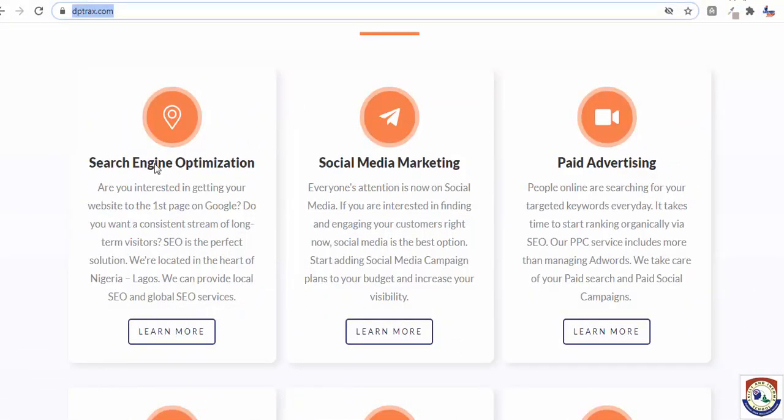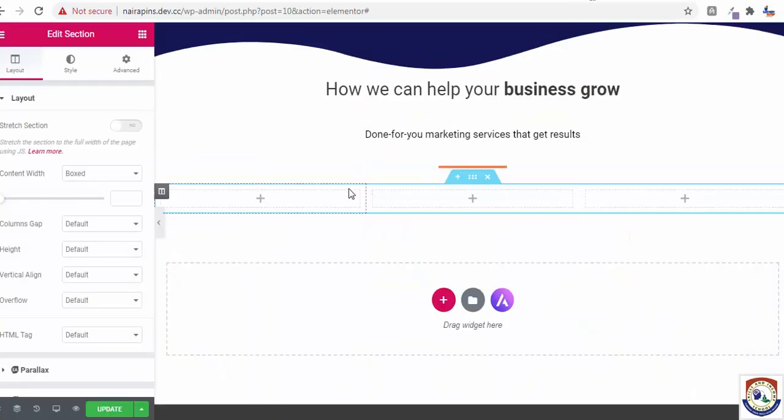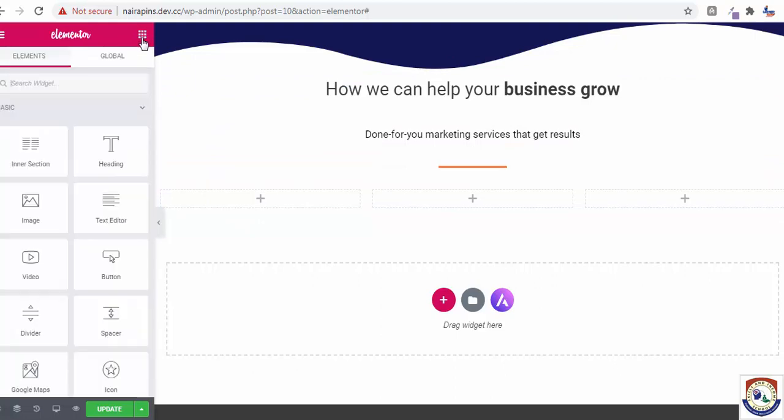So we minimize it, we go back to our website that we are designing. We click on the Elementor, and we need the icon box. Make sure you stretch this. Don't forget, whenever you choose the section, you stretch it. Now we need icon box. So you go back to the element section here, you type in icon.